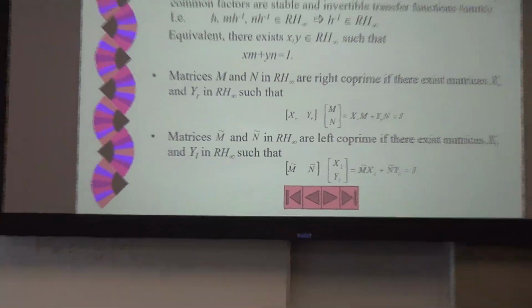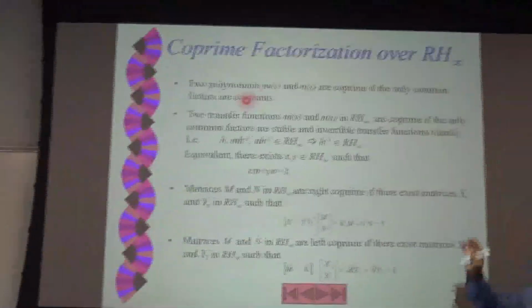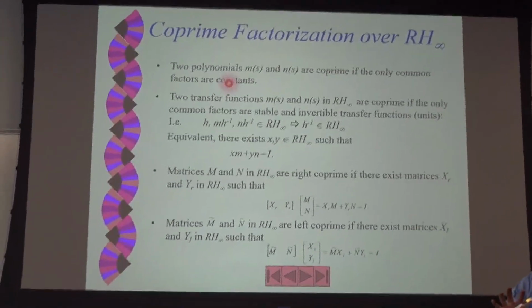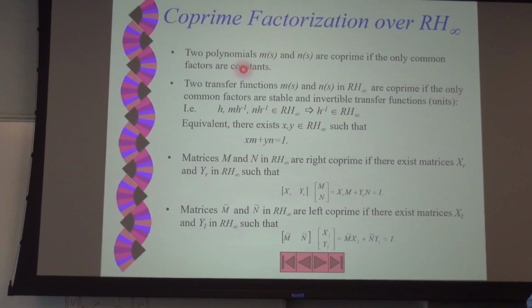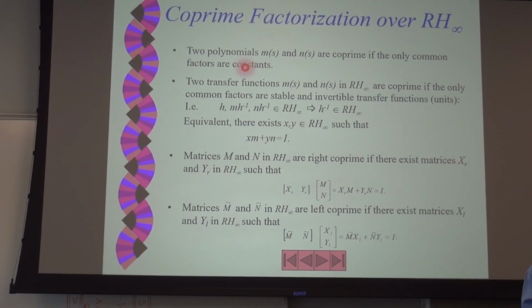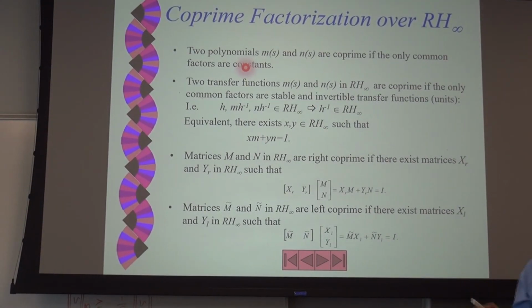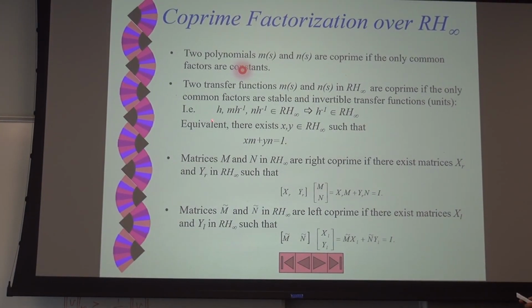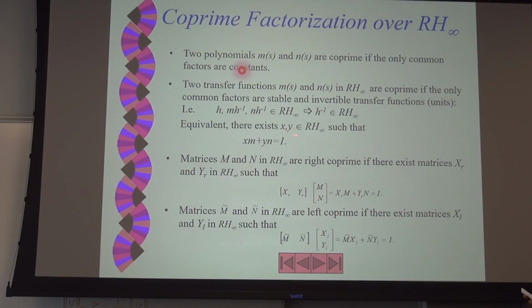Okay, so let's go slowly. I gave you two transfer functions. Can you check whether they are coprime or not? This is called the Bezout identity. The Bezout identity says that if you can find two other transfer functions in RH infinity,